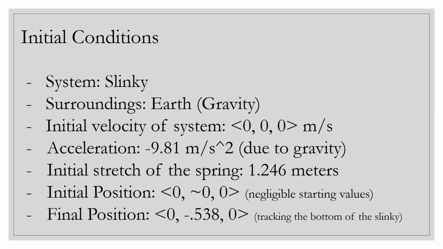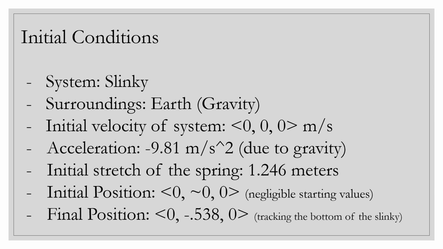Some initial conditions: the system belongs directly to the slinky, with the surroundings being Earth and gravity. The initial velocity of the system is at rest, so 0 meters per second for all of the vectors. Acceleration is just gravity. The initial stretch of the spring is 1.246 meters. Its initial position is effectively 0, and its final position is in the negatives, according to the standard graph we